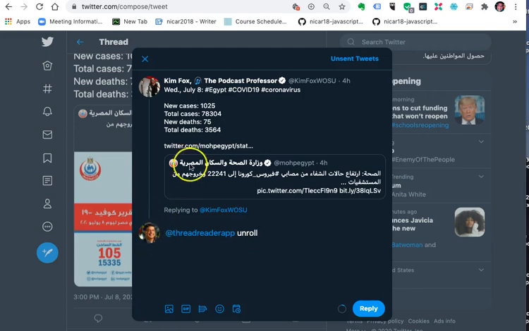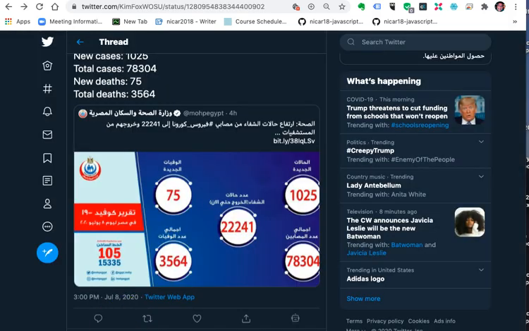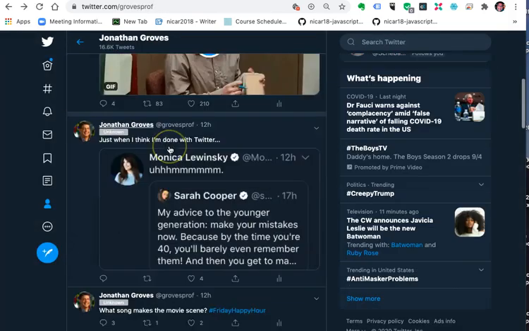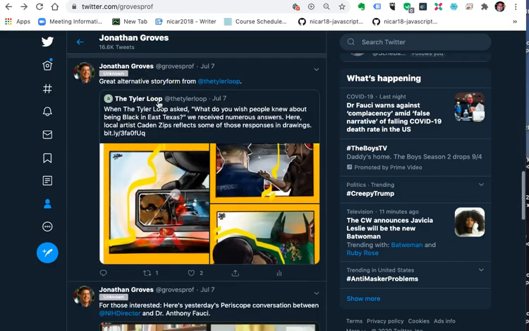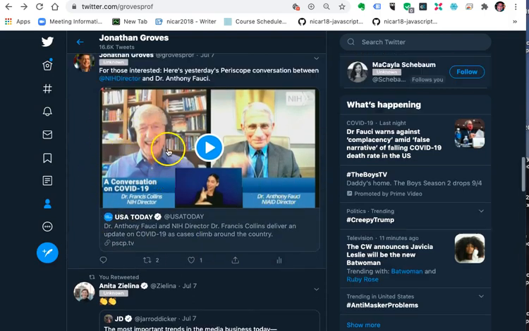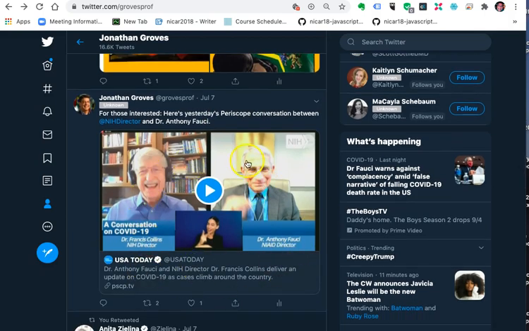And the way you do it is you respond to the thread this way with Thread Reader app, unroll, and then bingo, all of a sudden you've got a blog post that is the unrolled tweets. So you got pictures you can put in there. You can put links in here, and let me show you what it will do when you put a link in. So that's a tweet. I put a link to this article, and when I put that link in, it creates a little social card. So it has a little picture, a little blurb,